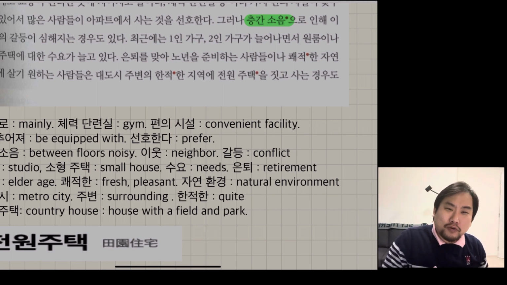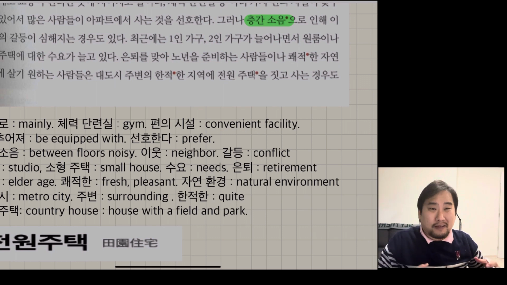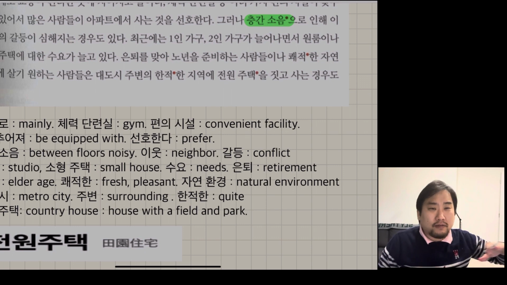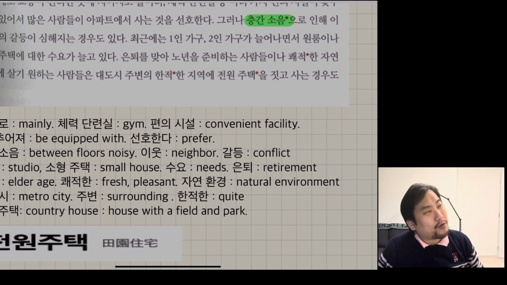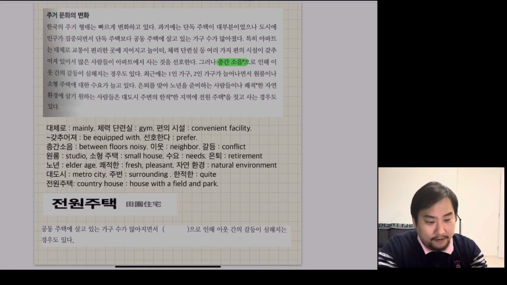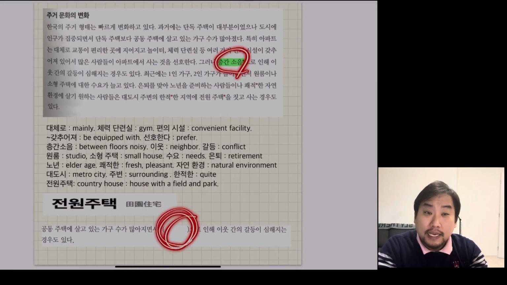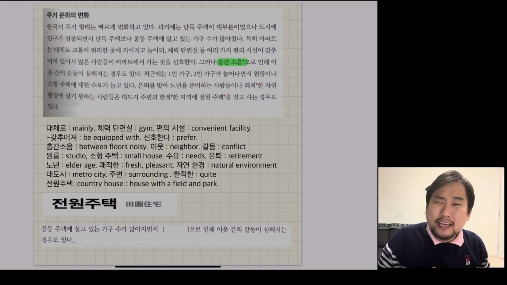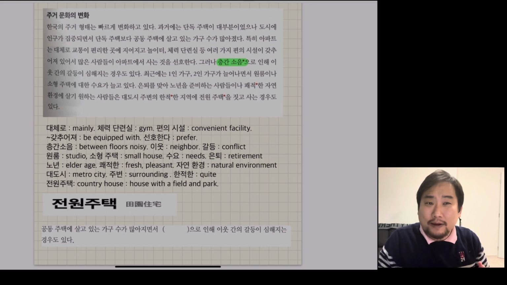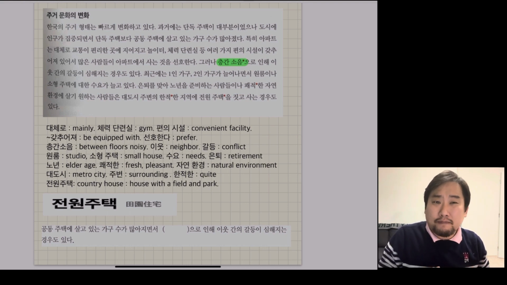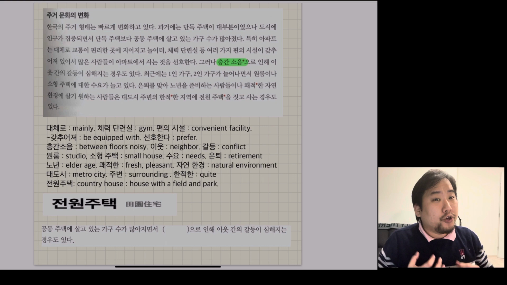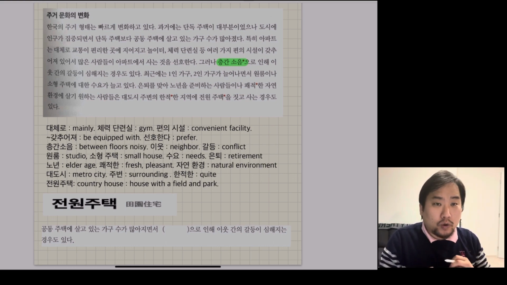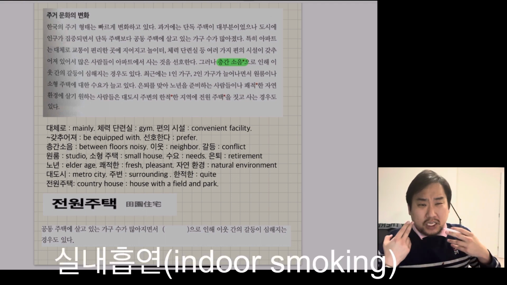But yeah, for people living in a big country like the United States or Canada, a field with a house is a common type. But in Korea, it's not that common. So the key point is 층간소음. Yeah, it is a super important matter, so you need to remember. And I think if I make a question item, I want to ask about what is the nowadays problem of living in an apartment. So whatever your answer would be, the key point should be 층간소음, or the smoking matters.